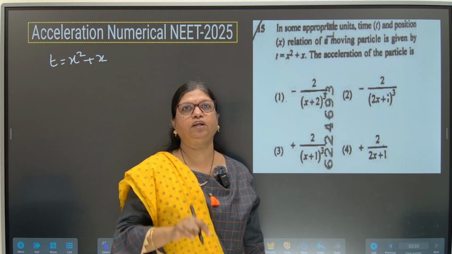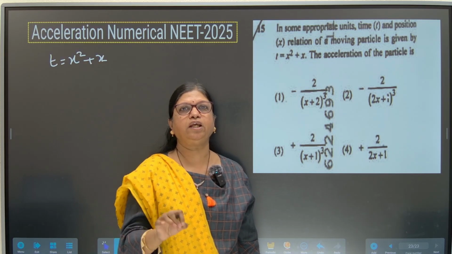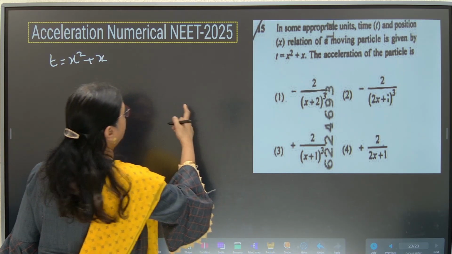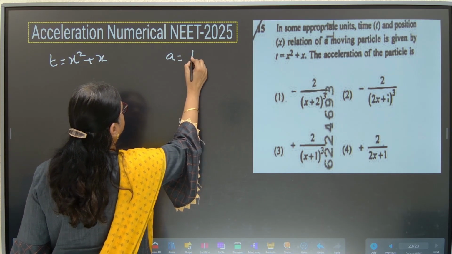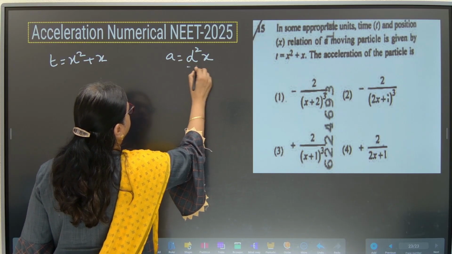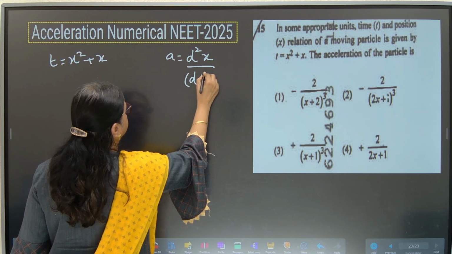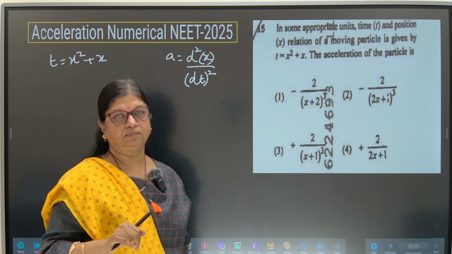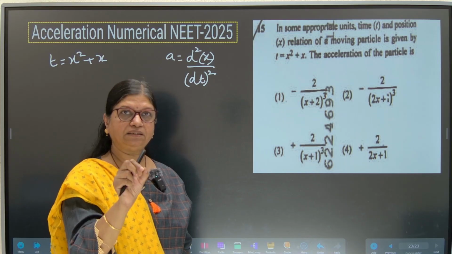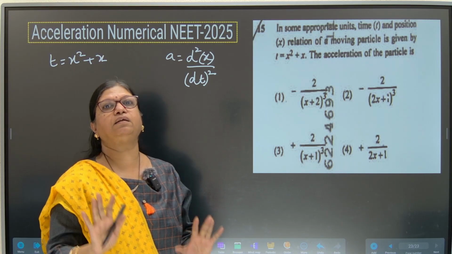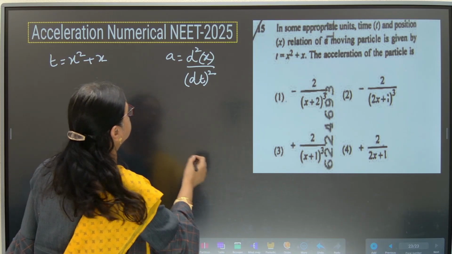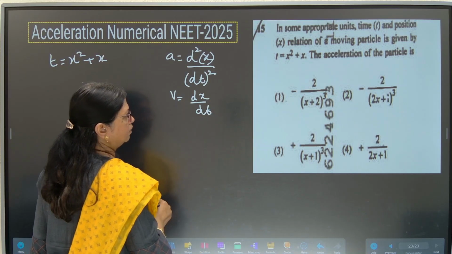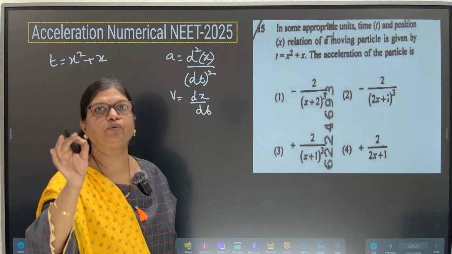As I say in every video, for solving any numerical, we have to first remember the theory, which here is the formula. For finding out acceleration, which they have asked, we know that we have to differentiate x with respect to time 2 times. So let us find dx by dt first. Single differentiation, v is equal to dx by dt. This is the knowledge we know from the theory.